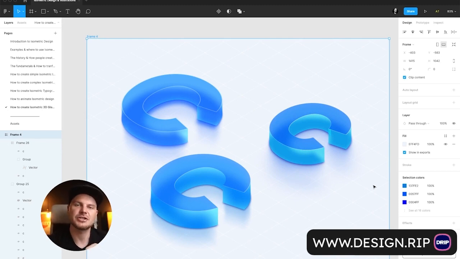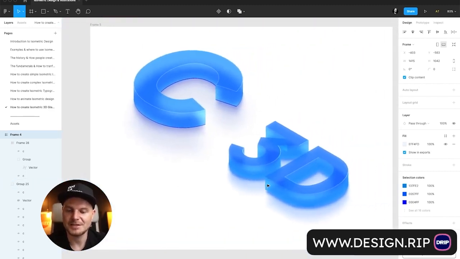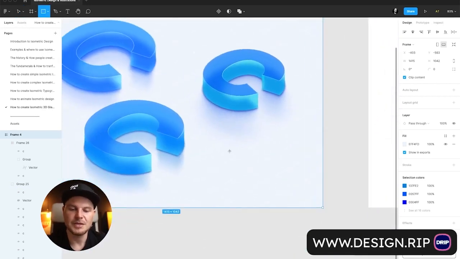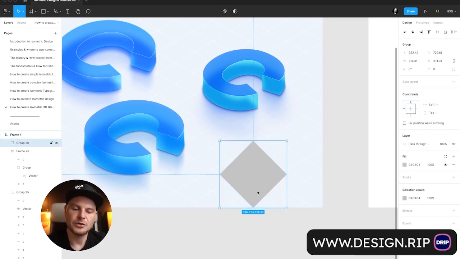Of course, as you can see, it's much easier to work with plugins, but what if you're working with a tool that doesn't have plugins? You need to know how the technique works. So that's why I explained to you both manual and plugins technique, and just practice and achieve great results. Please share with me what you will achieve with that, because it doesn't mean that it applies only for letters like 3D, C here. It applies to absolutely anything, whether you are creating even something like a cube,